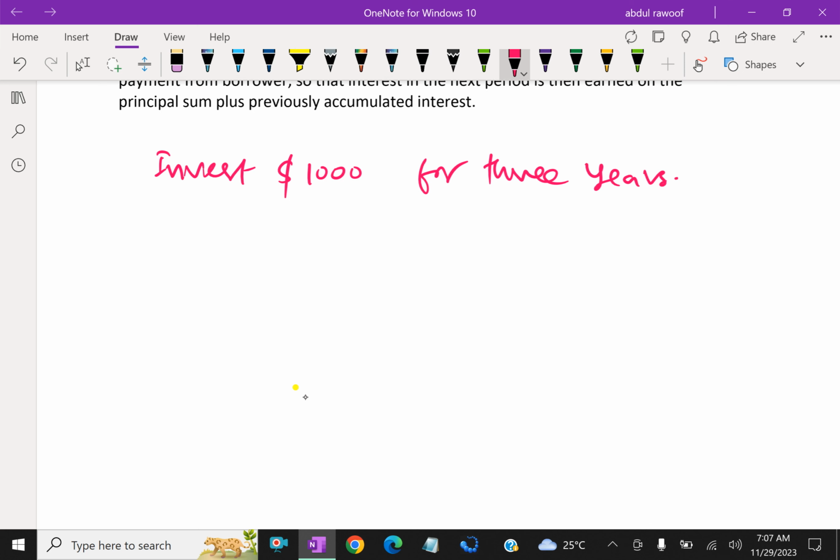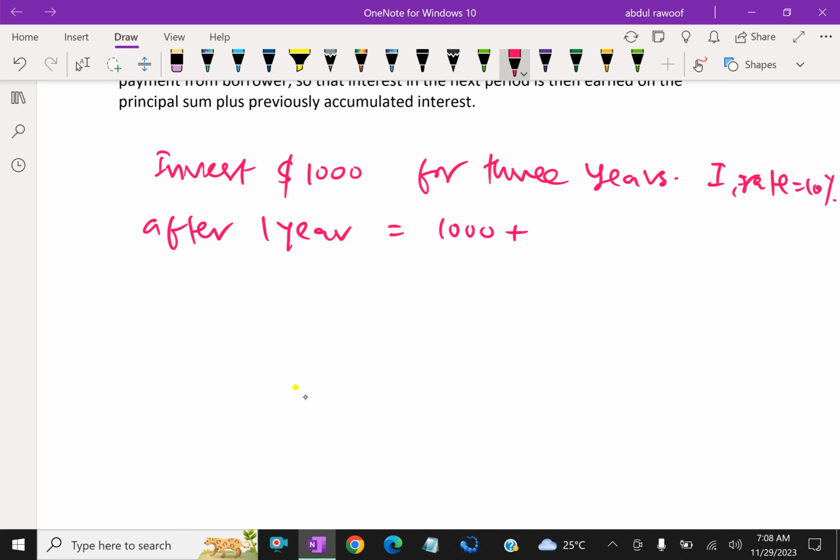After 1 year, suppose the interest rate is 10%. After 1 year, it becomes